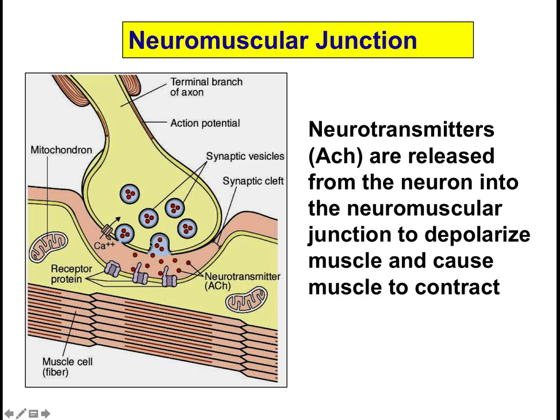Now, because the space is between a nerve cell, the axon, and a muscle bundle, we call that the neuromuscular junction. So the neuromuscular junction is functionally the same as a synapse, except that it's between a nerve cell and a muscle. In the same way, though, you have neurotransmitters that will be released from the axon into the neuromuscular junction. In this case, we're talking about acetylcholine, because acetylcholine is responsible for these muscles moving. You have the acetylcholine bonding to receptor sites in the muscle, and when that happens, the muscles shorten.